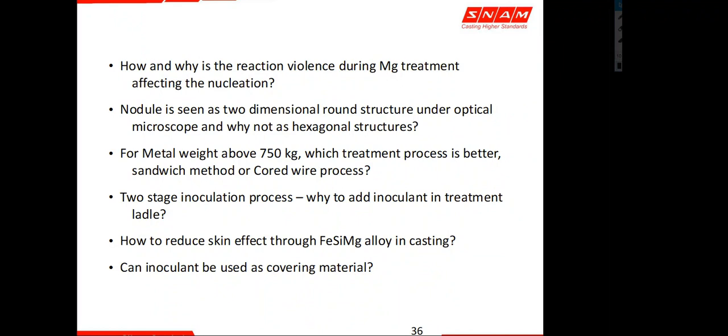As I have discussed previously, yes, inoculant can be used as a covering material, but the intention of covering material is to delay the magnesium reaction. So when you have steel as a covering material, steel has a very high melting temperature compared to our normal operating temperatures. So steel takes some time to dissolve and takes away some heat. So steel starts becoming mushy, and that mushy layer does not let magnesium vapors go through. So you retain magnesium inside your liquid metal, so it doesn't melt immediately.